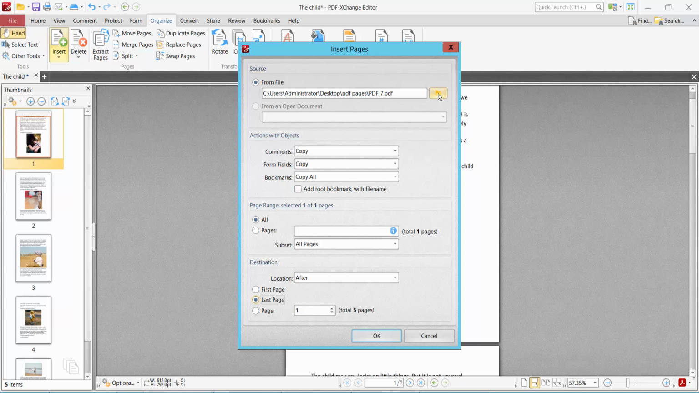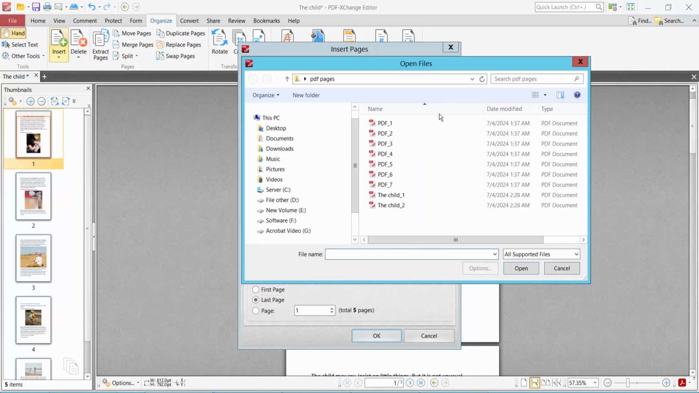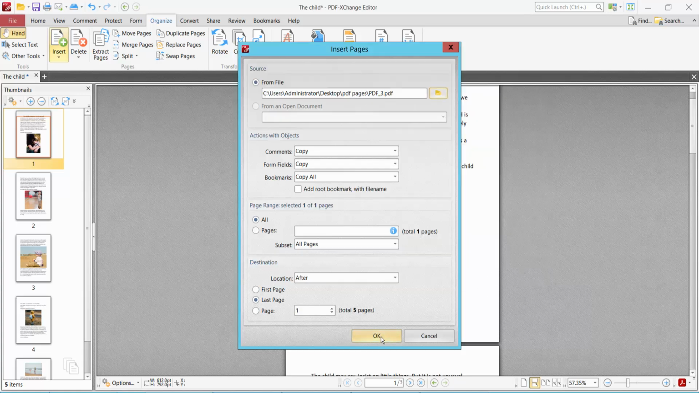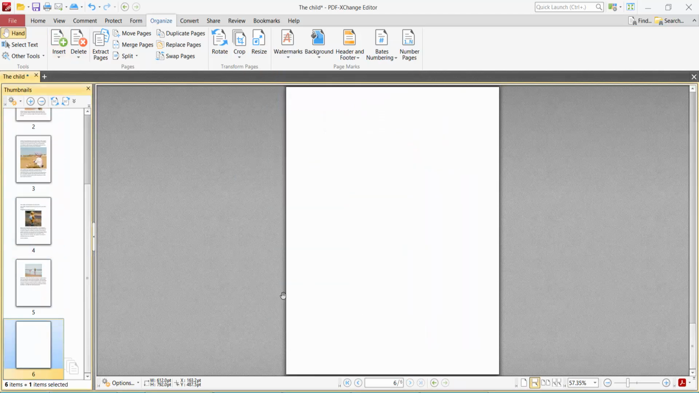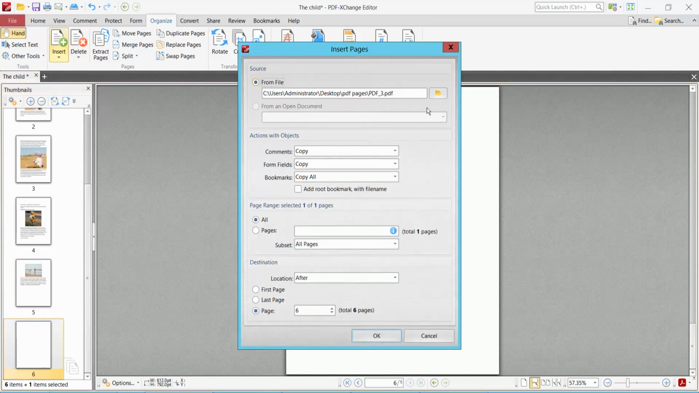Now select the Browse option and open your folder. I'll insert this page number 3. Now select Open and select OK. And see, this page is now inserted at the end of the document. And again I will insert another page